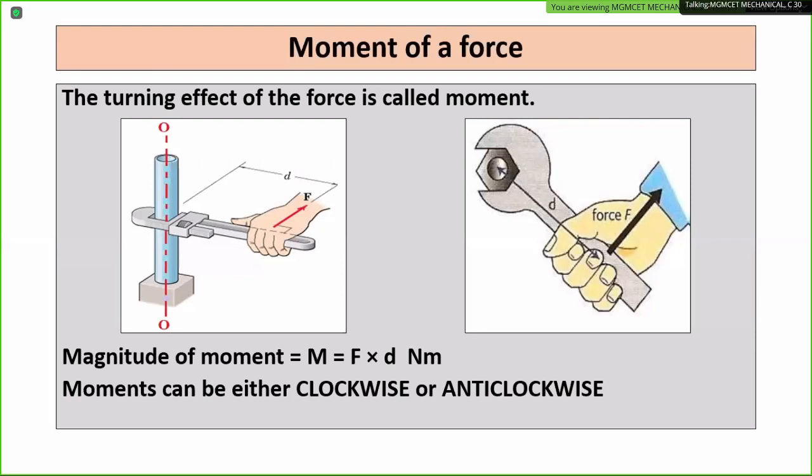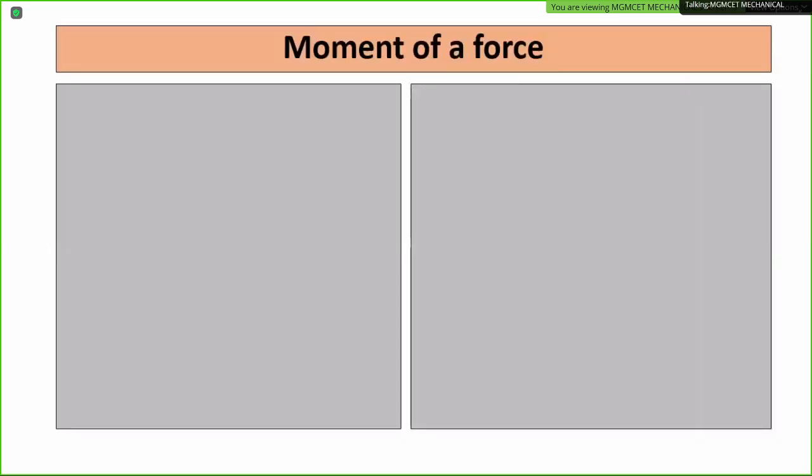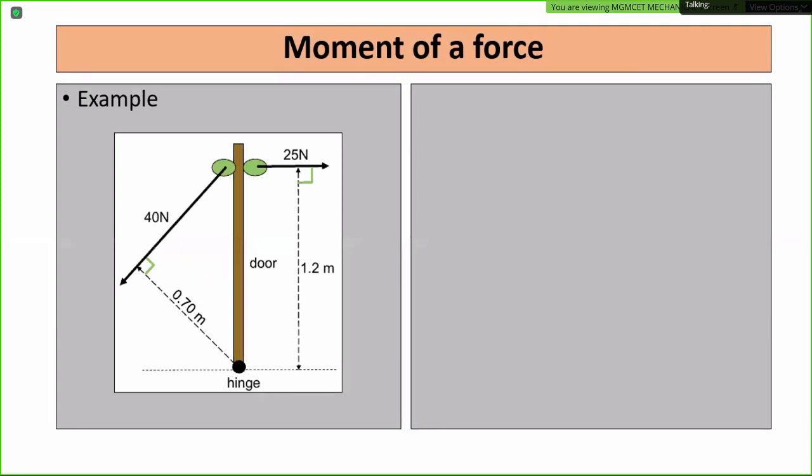So in short, the conclusion of this is that by applying a force, you can rotate the body. That turning effect or rotational effect of the force is nothing but the moment. And the magnitude of moment is the product of the force and the perpendicular distance. See, perpendicular distance, stress on that one. Force and perpendicular distance between the line of action of the force and the point of rotation. That is called moment. Then the second concept, moment of the forces, one numerical we discussed last time.